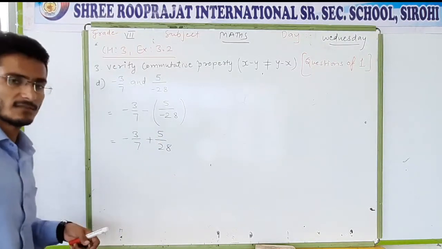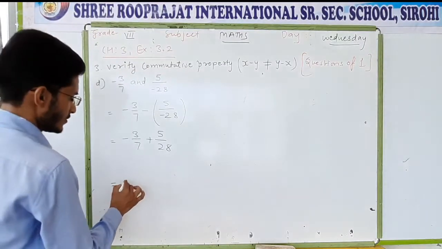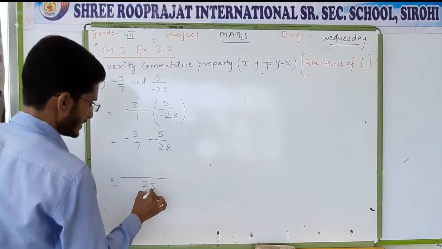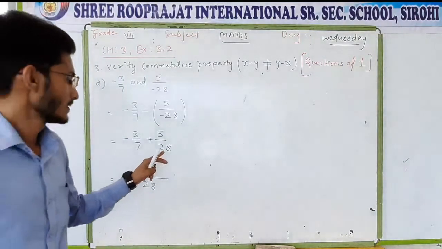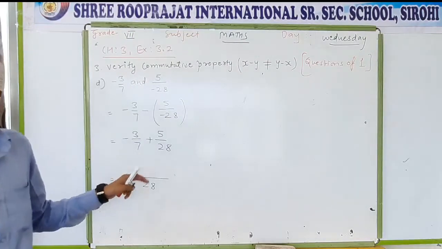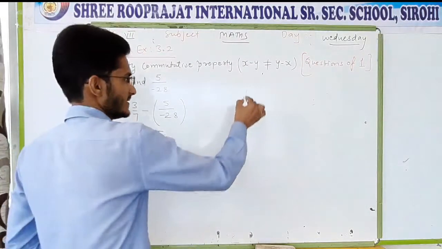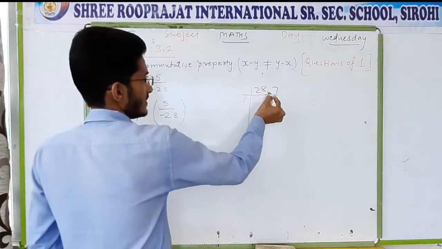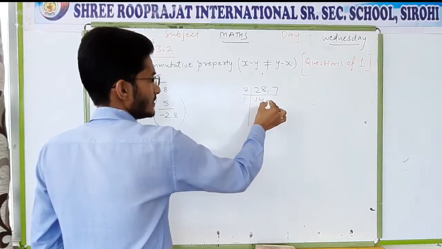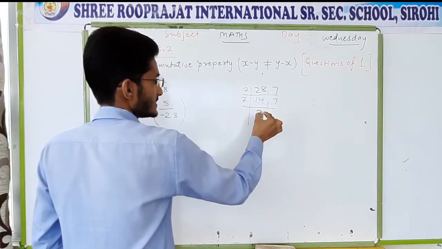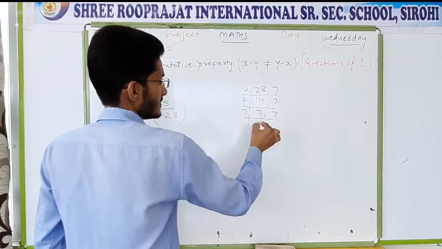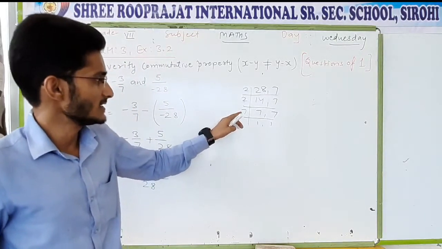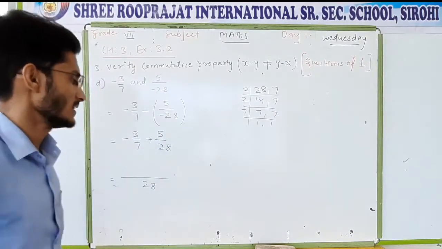Okay. Now there are two rational numbers, so you have to take the LCM of denominators. Here the LCM will be 28. When one number is completely divisible by the second one, the greater one will be the LCM, or even you can find out using the LCM method. 14 divided by 2, 7 times, it is not divisible. Again divide by 2, it is 7 times, not divisible. Now 7, because both are 7. So 1 and 1. Now you multiply all the divisors: 7 2s are 14 and 14 2s are 28.